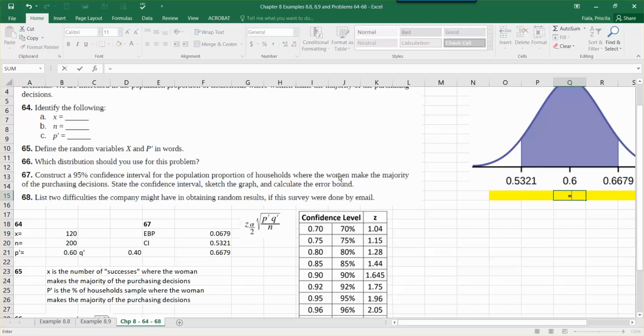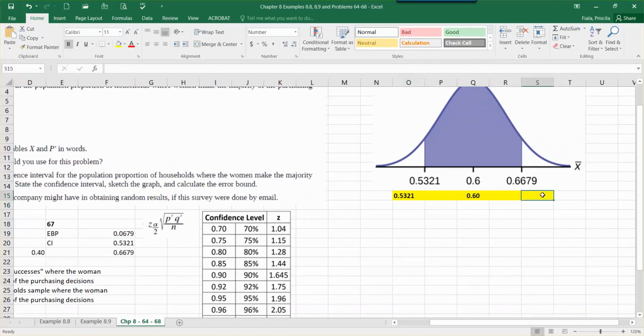So equals this, your lower bound right here, and your upper bound over here. And you can see that we did calculate them correctly. If you would state your confidence interval, you would have to put in 0.5. In this case, I just put 0.53. In the second one, we're going to round it up,